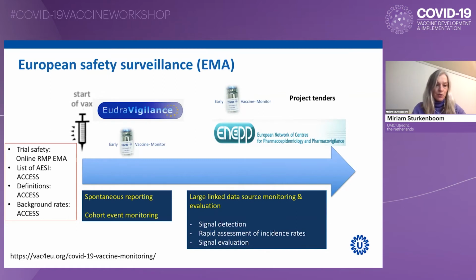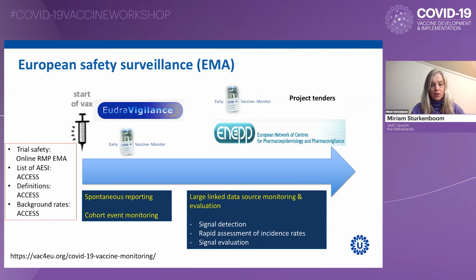It funded a project, the ACCESS project, which created a list of AESI. It created the definitions for those, as well as the background rates. And we'll look at some examples later on. What EMA also has in place, and that's part of their existing capacity, is the Eudravigilance system. And it funded